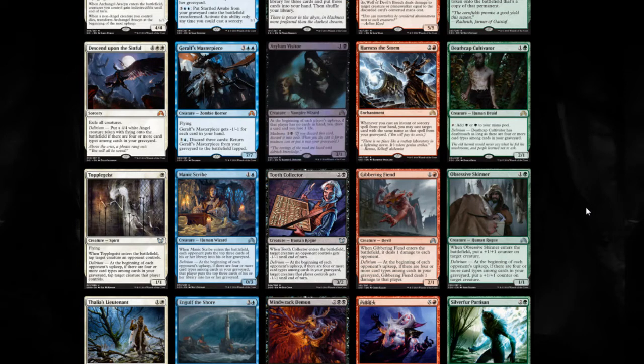Deathcap Cultivator. I do like this card. It's close to the level of the Mystic, the Teamer one. Instead of the morph and extra mana, you get the ability to get Deathtouch for this guy, which is pretty cool. Manadorix in the past